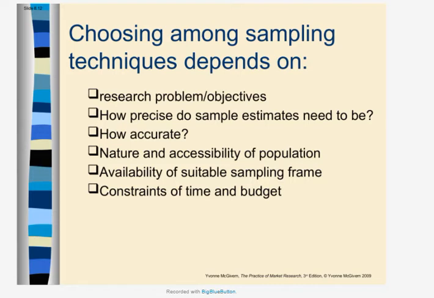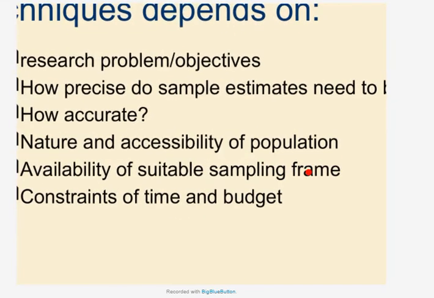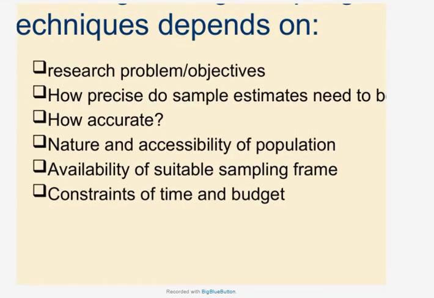How accurate, the nature and the accessibility of the population, the availability of the sampling frame, the constraint of time, and all these factors must be taken into consideration when choosing among sampling techniques. Probability ولا non-probability. طب احنا عندنا حاجة هنا اتقالت ما فسرناهاش. What is the sampling frame؟